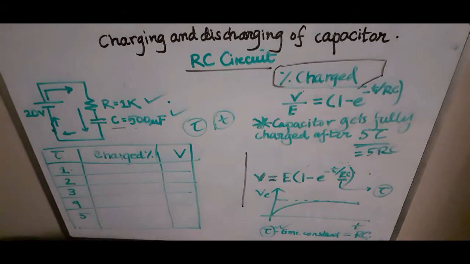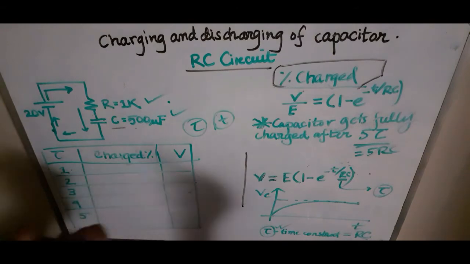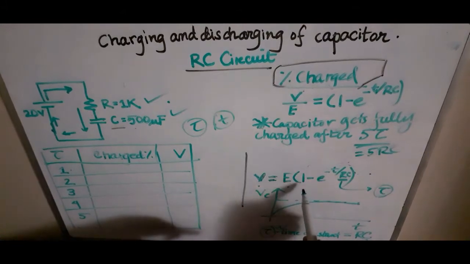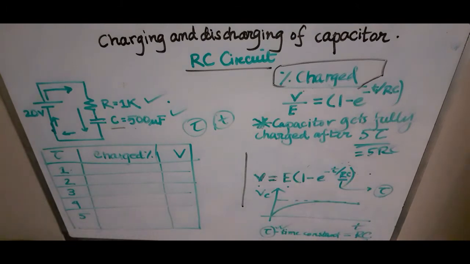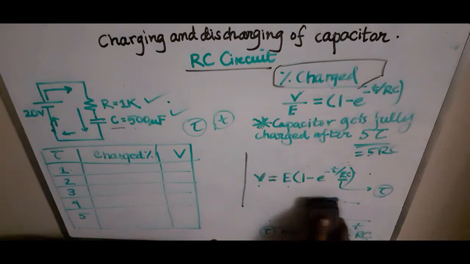As I have told you before, the charging characteristic of a capacitor is denoted by this equation: V is equal to E into 1 minus e to the power minus t over RC, right? So if we just simplify this one a little bit,